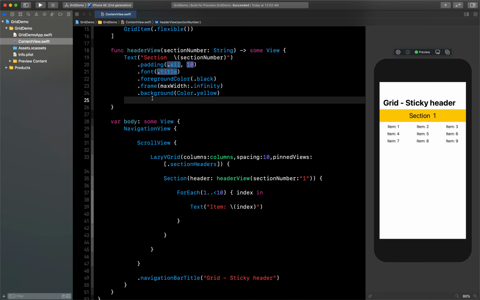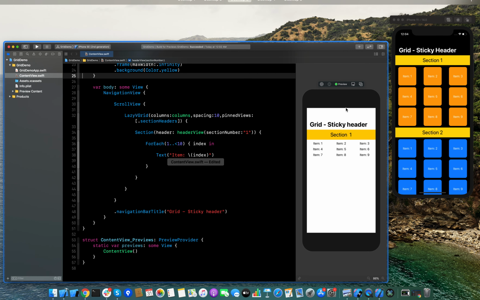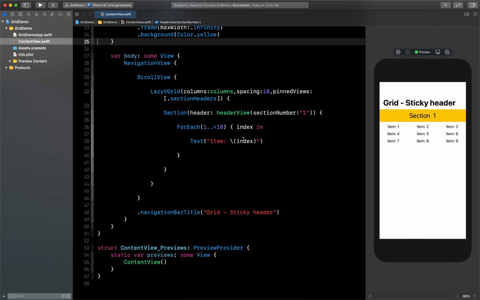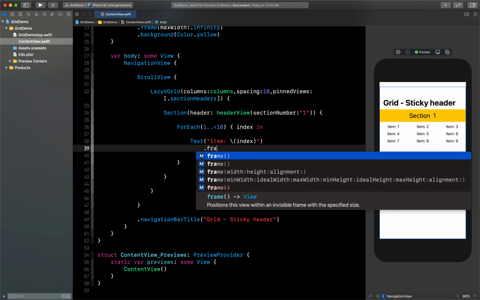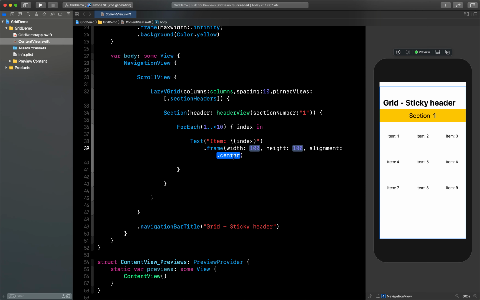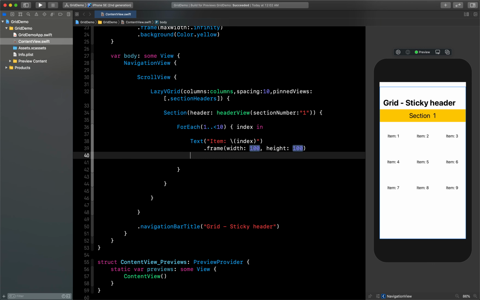Now our header view is ready. Now we can focus on the items which are like this. So let's use that. So what I'm going to give is, first I'm going to give frame here with width and height 100. So let's give frame width and height 100. Let's remove this alignment, we don't need that. Okay, so now our frame is properly fine. Now we need to give some background color.